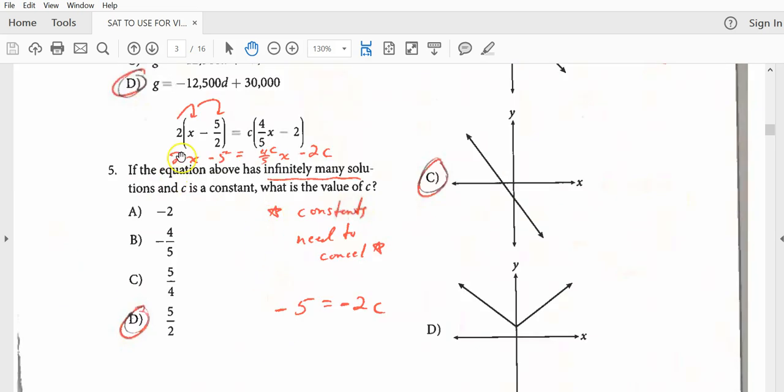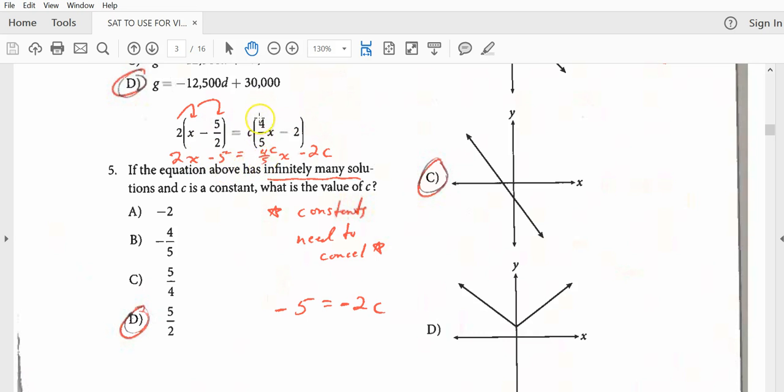On to question 5 here, we have our equation we're given. It says if the equation above has infinitely many solutions, and c is a constant, so just a constant term, a whole number, decimal, fraction, whatever it may be. Basically, it's not a variable. What is the value of c? So, first bit here is we're going to realize that if we have infinitely many solutions, the constants need to cancel out, meaning that they're going to be the same number on each side. So, if we distribute this 2 a bit here, and distribute our c to both terms, we have 2x minus